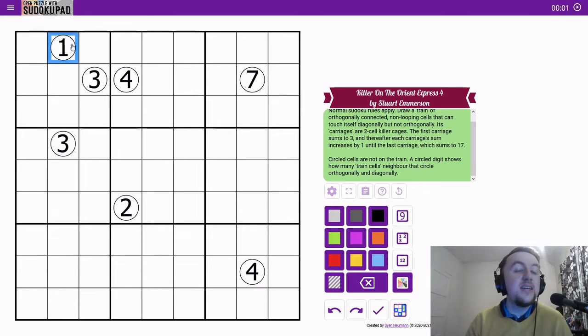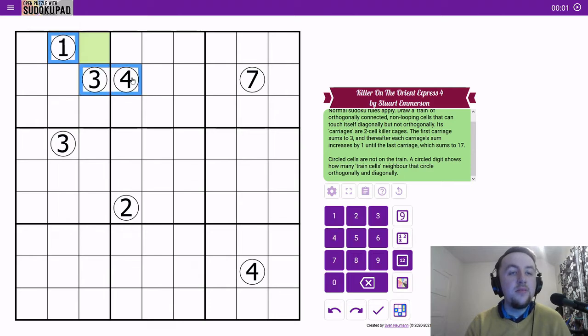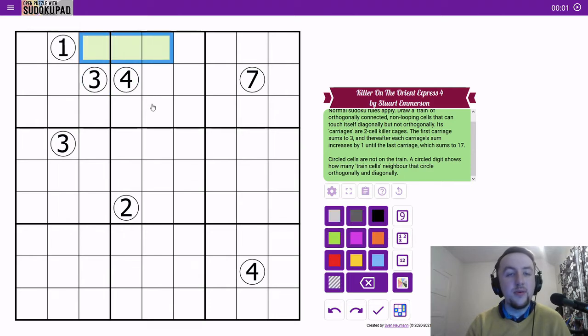The first place is actually this one. That's the first thing to look at. And the question to ask is, can this be the one neighbouring cell to this clue that is in the train? Well, let's write it in and see what happens when we do that. It can't be here, so it's going to have to come out this way. It's got to be an end as well. It can't carry on at all. So that would have to be an end,